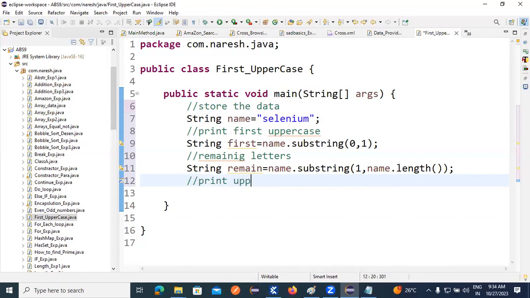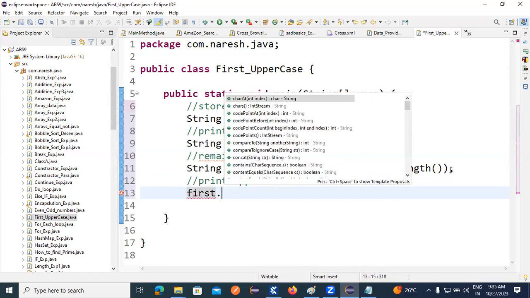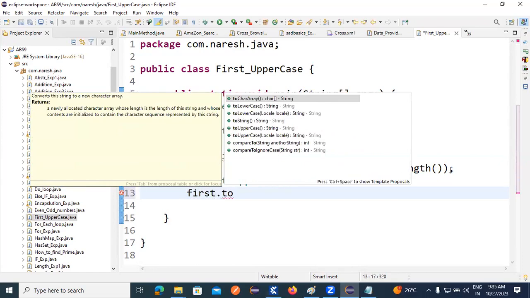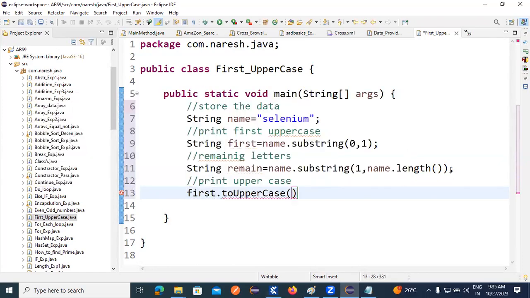print uppercase. Which letter do I want to print uppercase? The first letter, the zero letter. What is the variable name? First. See, first dot toUpperCase. This one I need to store inside of one variable, that is K. Okay. The next one,